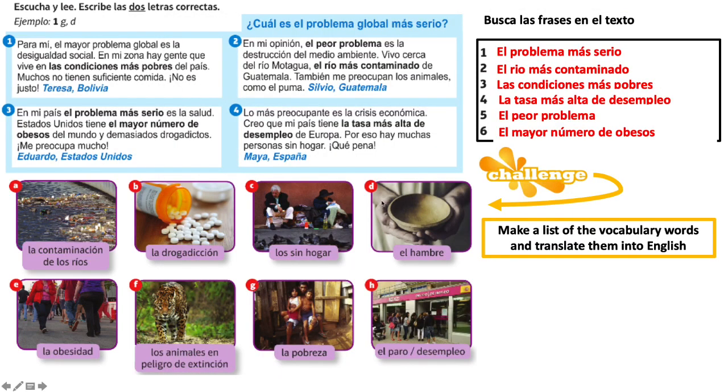Vale. Ahora corregimos con un boli rojo. This one was an easy one because you had the text in front of you, but you still had to work out the topic. So, con el boli rojo. Número 1, GD, 2AF, 3EB, 4HC. Right, can you write in red? Boli rojo. If you don't have one, it's fine. But try to use the routines that we had in lessons.